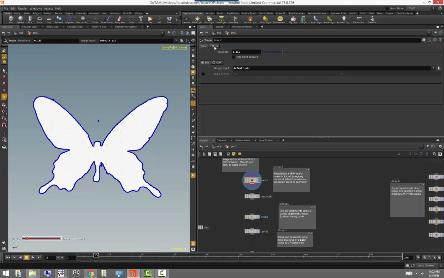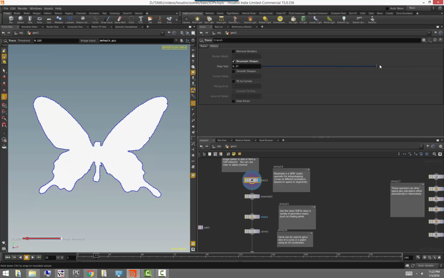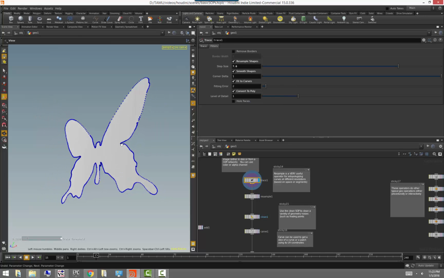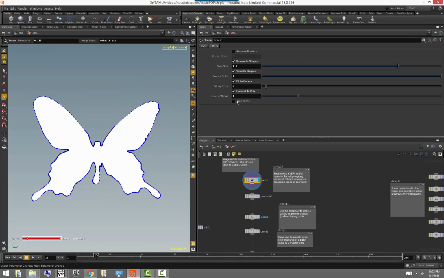Okay, you can also add some filters for cleaning up, for actually resampling shapes right here, for example, to cleaning up your shape, or even for actually doing smoothing on your shapes if you want to. You can force the actual shape to fit into a NURBS curve, or even convert it back to poly if you want to. Okay, if you have shapes that go on top of shapes, you can create holes on your shape, which in this case we don't have to, but this is some of the things that we can do here. Okay,